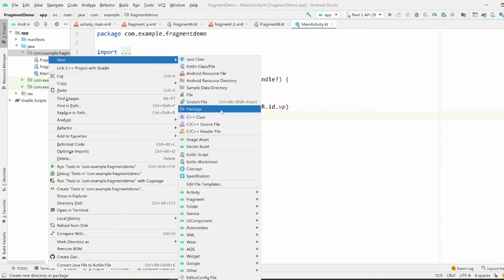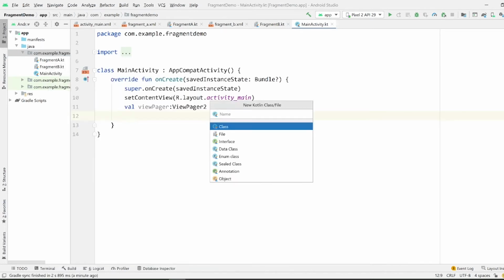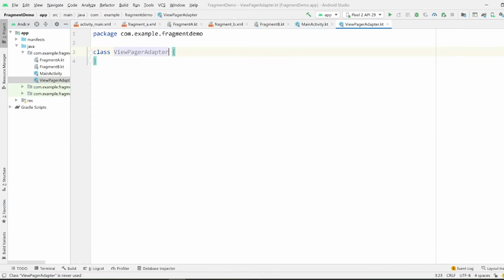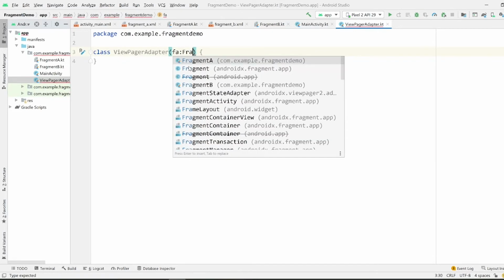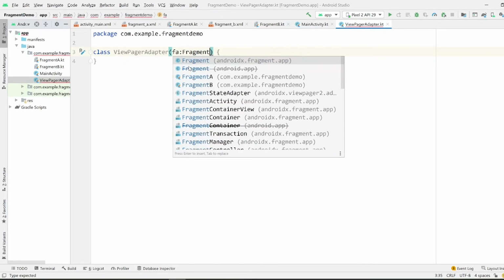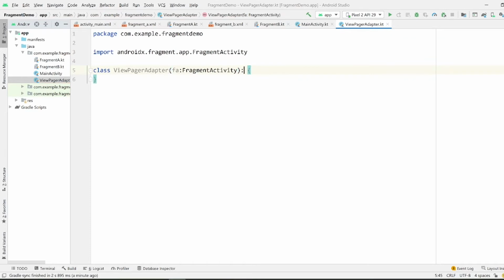I'm gonna create a new Kotlin class that contains the adapter of the view pager, and it's gonna take in a fragment activity. And the view pager adapter is gonna extend